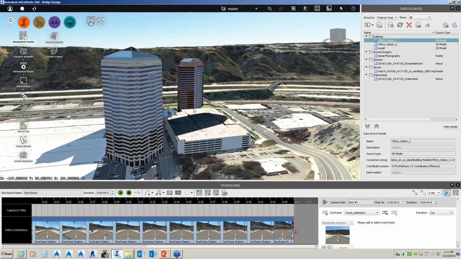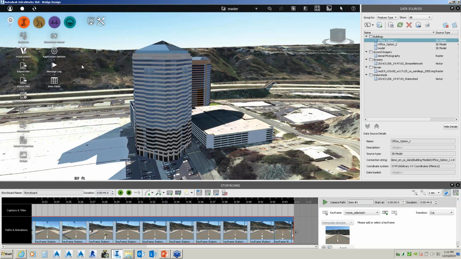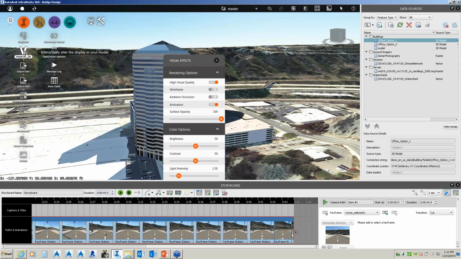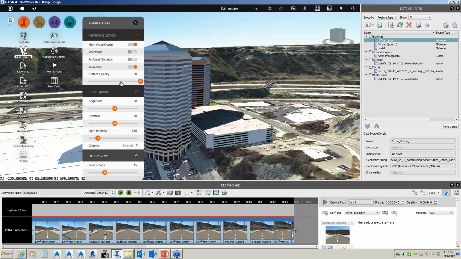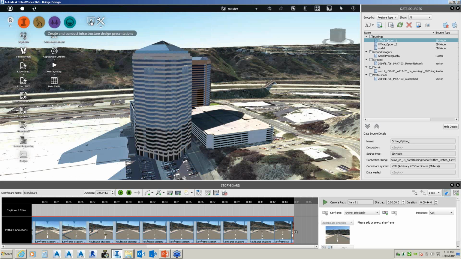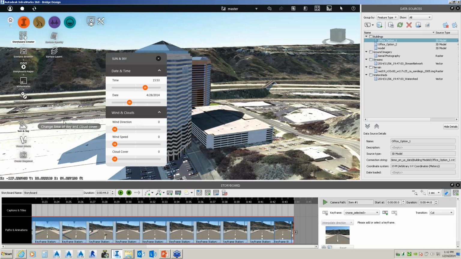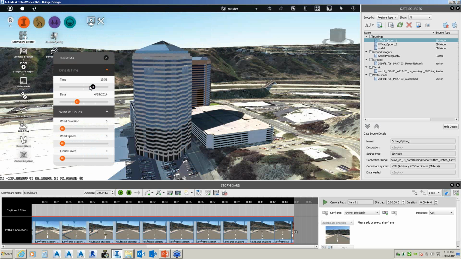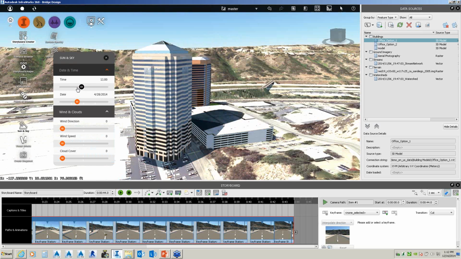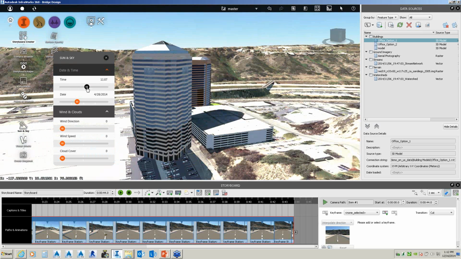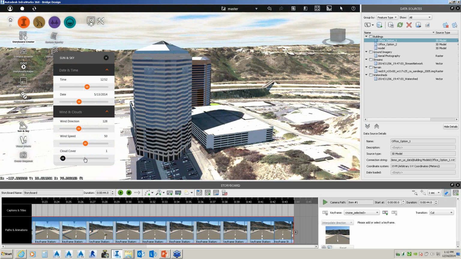for those of you who are architects, now we come into looking at visual effects, shadow analysis. So if I came in and changed the time of day or the year in reference to working with InfraWorks, maybe I could say, well, what do the shadows look like at a specific time and day of the year? Let's change the date. Let's create a video so we can display and simulate what this would be.